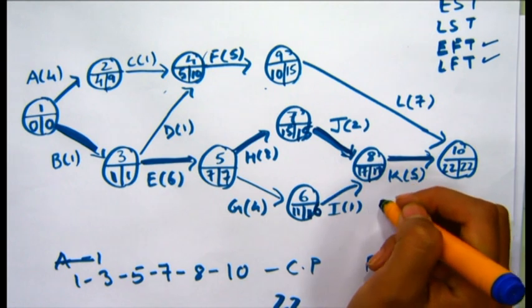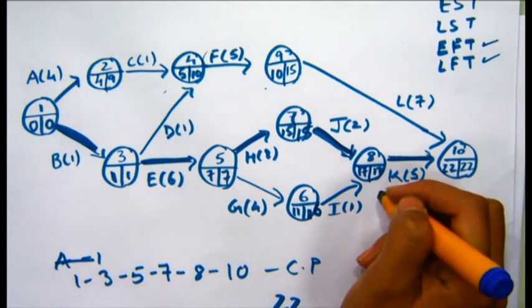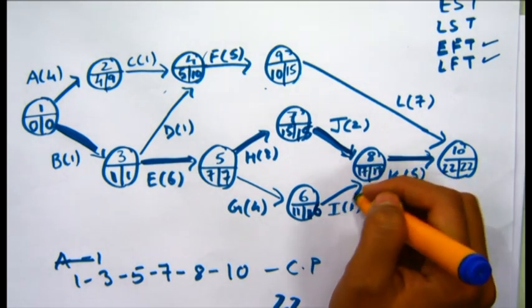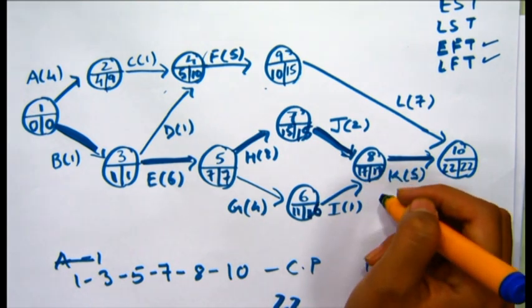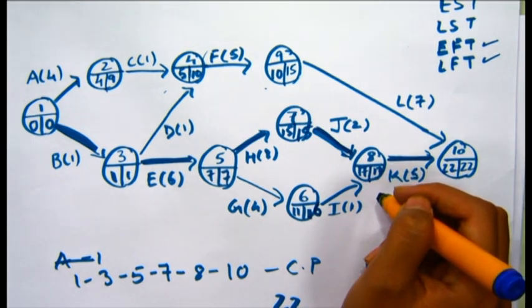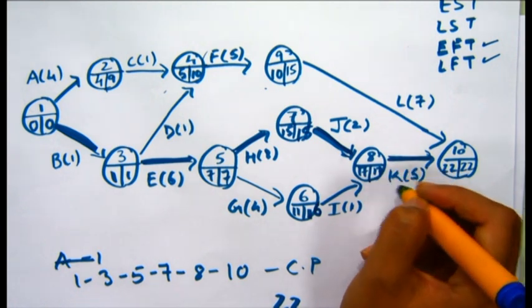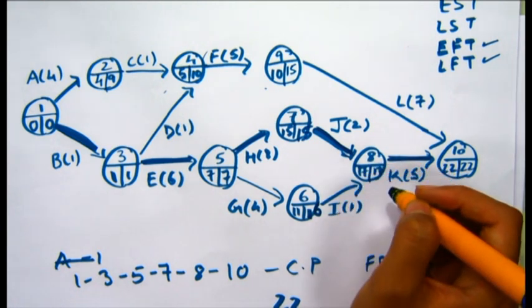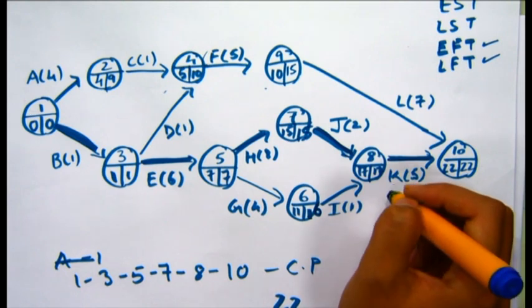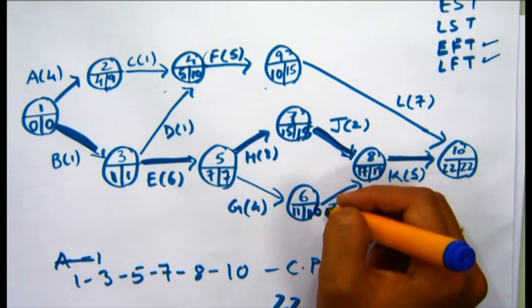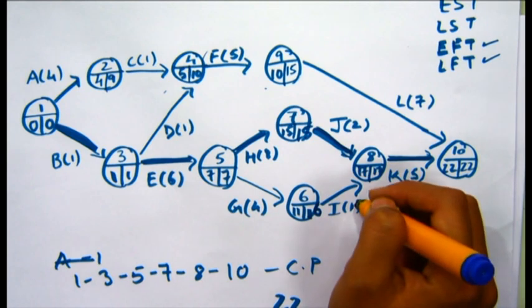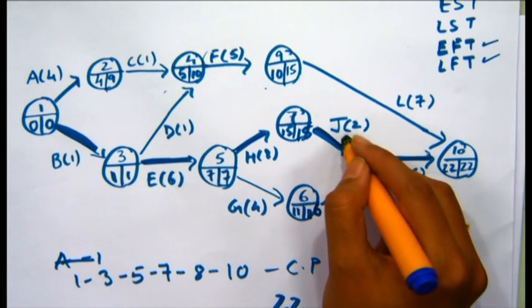So we have a buffer time of 17 minus 12, which is 5 days. So 17 minus 12 is equal to 5, called the slack or the float for this particular event, which means that this is the time by which this activity I can be delayed without affecting the project's completion